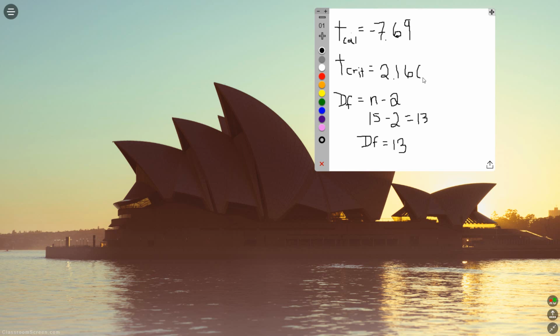2.160. All right, so you're only left with one question. Which one's greater? And again, you cannot get fooled because if we're dealing with a t-test, we're looking at absolute values. Is the absolute value of -7.69 greater than or less than 2.160? We already know what's greater. This one is. Why? Because we're looking at the absolute value. We don't care that there's a negative there. So what are we going to do? We're going to reject,